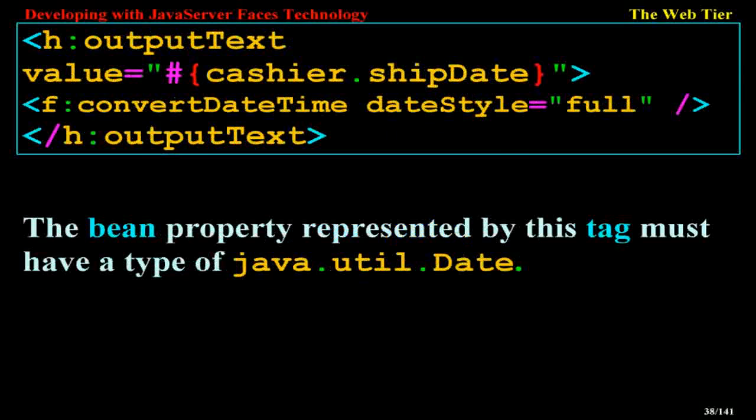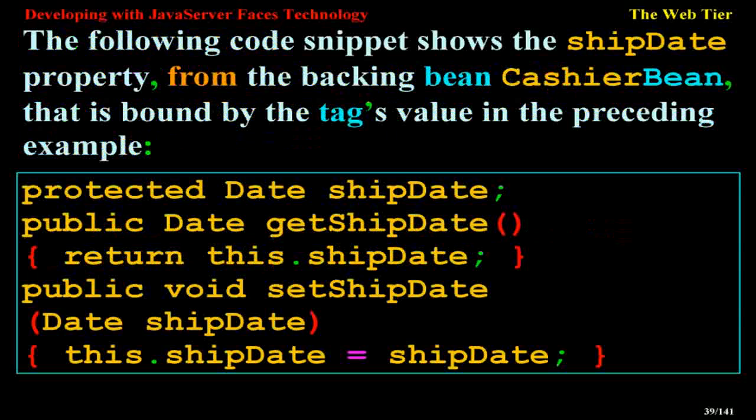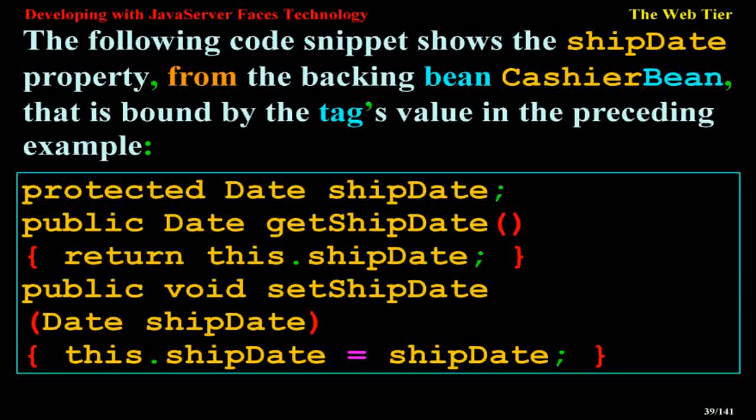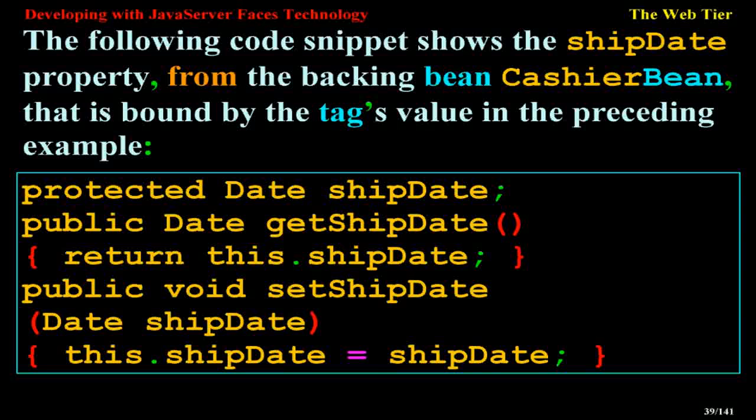Output text. The bean property represented by this tag must have a type of java.util.Date. The following code snippet shows the shipDate property from the backing bean CashierBean that is bound by the tag's value in the preceding example. protected Date shipDate; public Date getShipDate() { return this.shipDate; } public void setShipDate(Date shipDate) { this.shipDate = shipDate; }